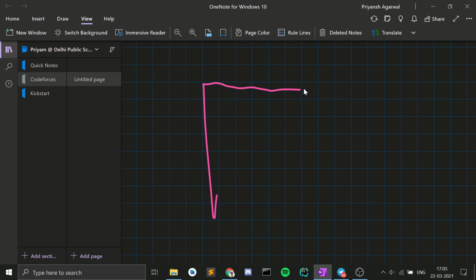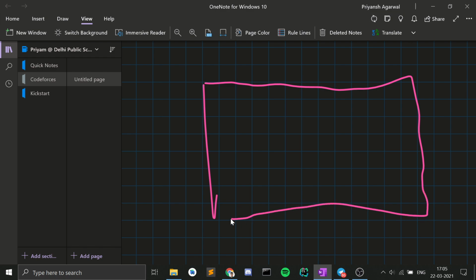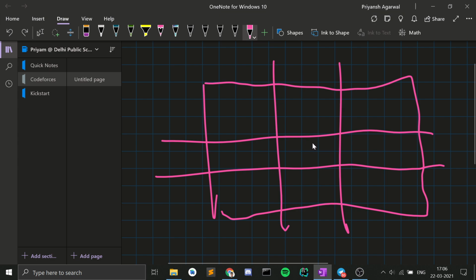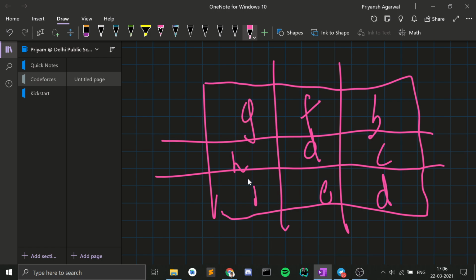You can imagine this question like this: this is a grid and for every cell inside this grid there is a number written on it. Let's say A is written here, B, C, D, E, F, G, H, I. Obviously these are not letters, they will be numbers inside this grid.